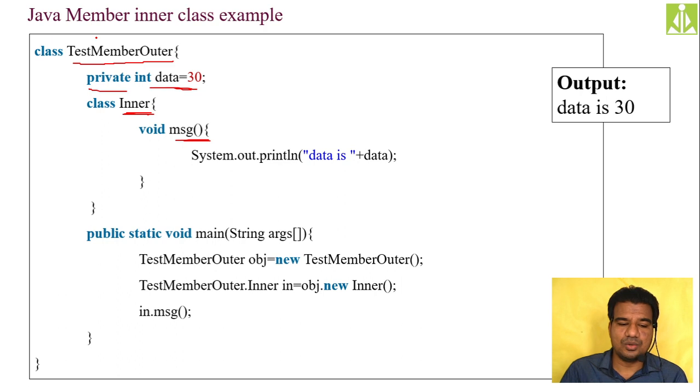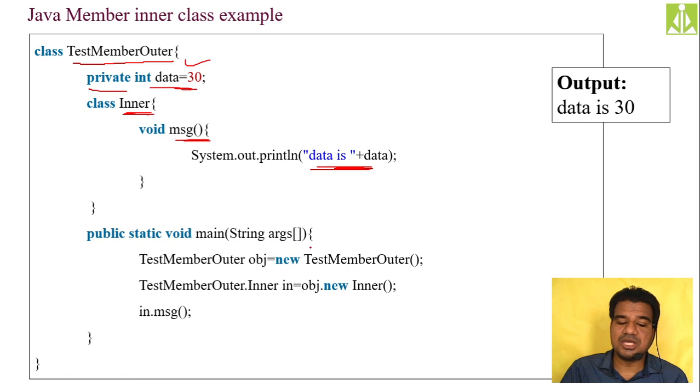So over here, this inner class is non-static. You need to depend on the outer class object. Here we are creating one method inside this inner class, which is the MSG, message method, and I'm printing the data value over here, which is a private data member. Being a private data member, you can still access it inside this inner class, because this class is also a part of your outer class.